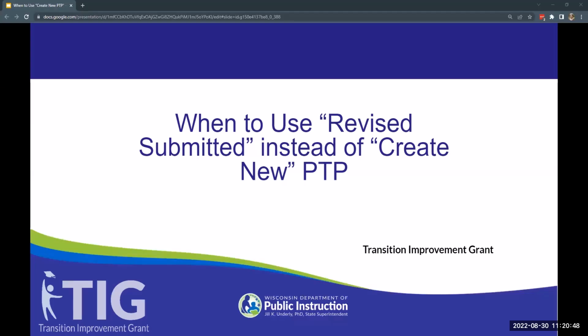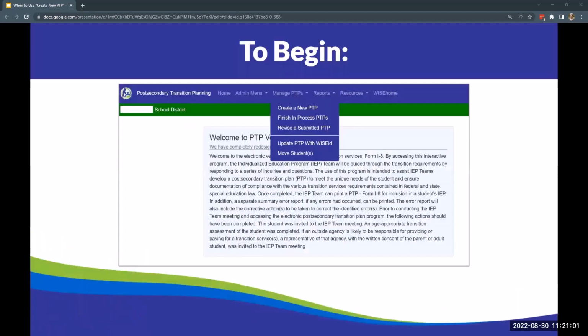A common question arises when starting a student's annual PTP. When does a teacher use Revise a submitted PTP, and in what instances should Create a new PTP be used? Under the tab Manage PTPs, you will find the options of Create a new PTP, Finish in Process PTPs, and